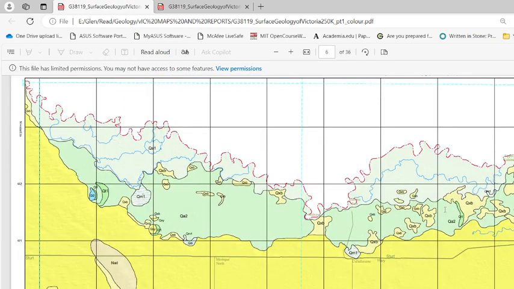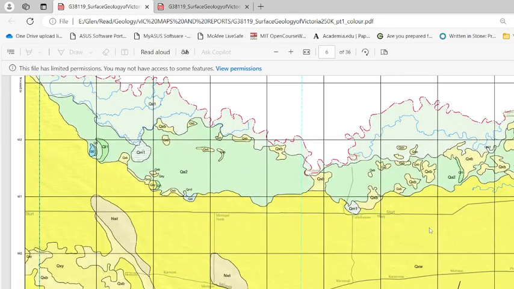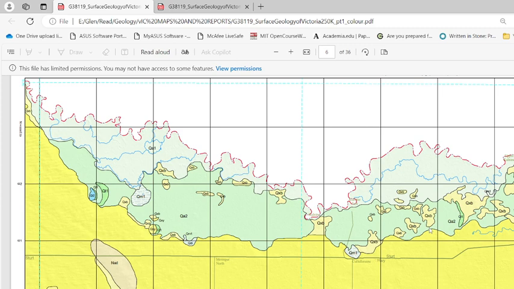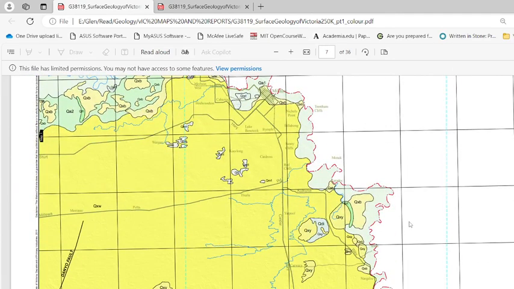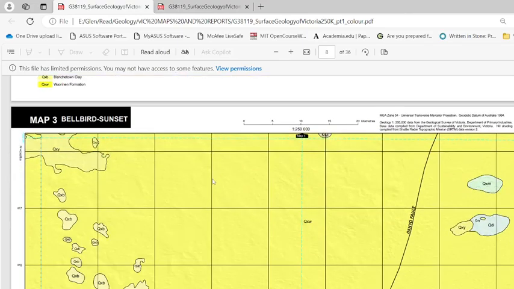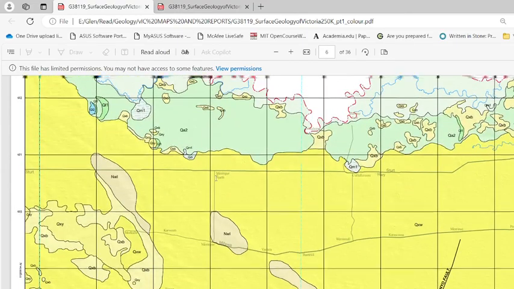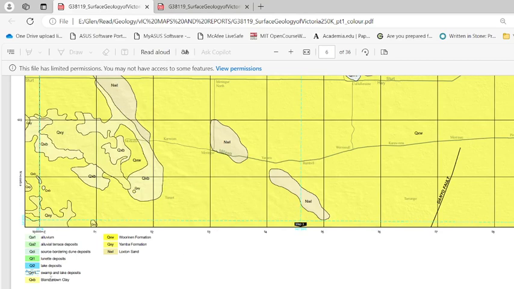Okay, so if we look at the first map, this is Lindsay Wentworth. So this is the northwest of Victoria. It's west of Mildura. So if we go down to the next map, we have Mildura here. So it's the actual township itself. And what we have here, we have a quite simplified geology. So obviously it doesn't include the New South Wales portion, but most of it is